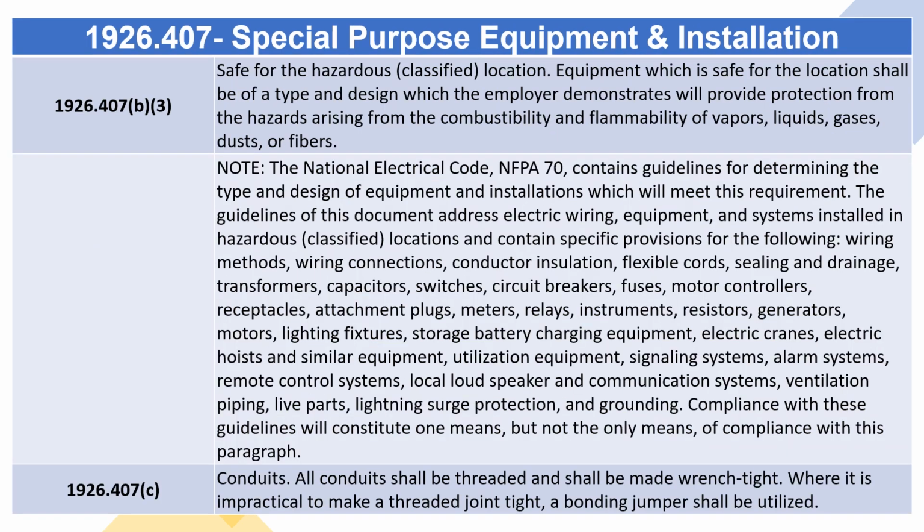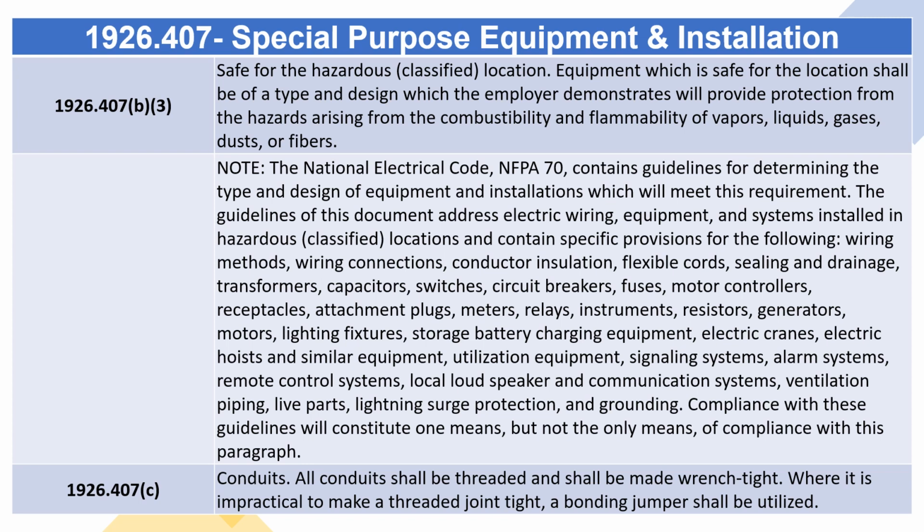1926.407 B3 Safe for the hazardous, classified, location. Equipment which is safe for the location shall be of a type and design which the employer demonstrates will provide protection from the hazards arising from the combustibility and flammability of vapors, liquids, gases, dusts, or fibers. Note: the National Electrical Code, NFPA 70, contains guidelines for determining the type and design of equipment and installations which will meet this requirement. The guidelines of this document address electric wiring, equipment, and systems installed in hazardous, classified locations